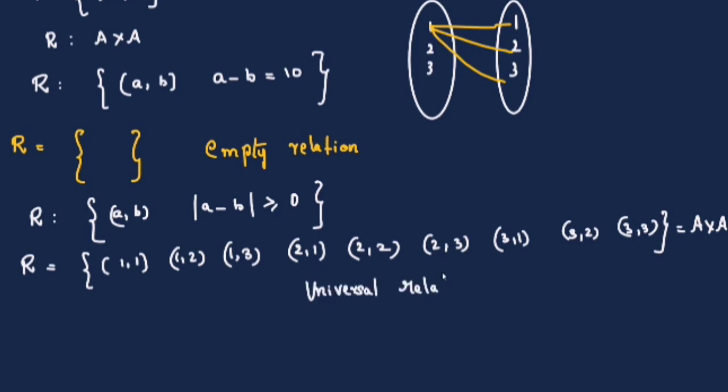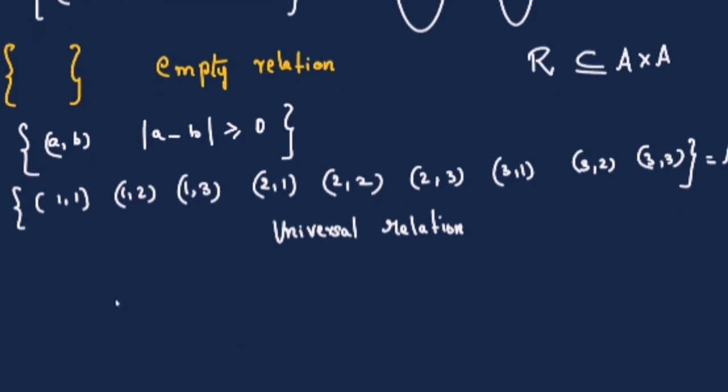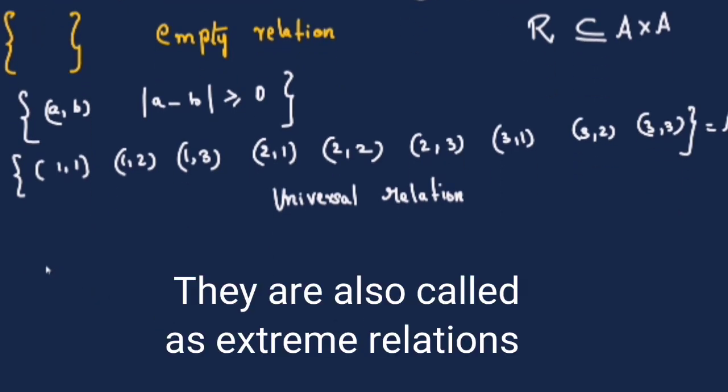You know what an empty relation is? When there is nothing in there, then it is called the empty relation. I told you R, the relation, is a subset of A cross A. If it is equal to A cross A, then we call that a universal relation. When the relation is empty, nothing is there, then we say it is an empty relation. So you should know what an empty relation and a universal relation are. Together they are called trivial relations. Okay.